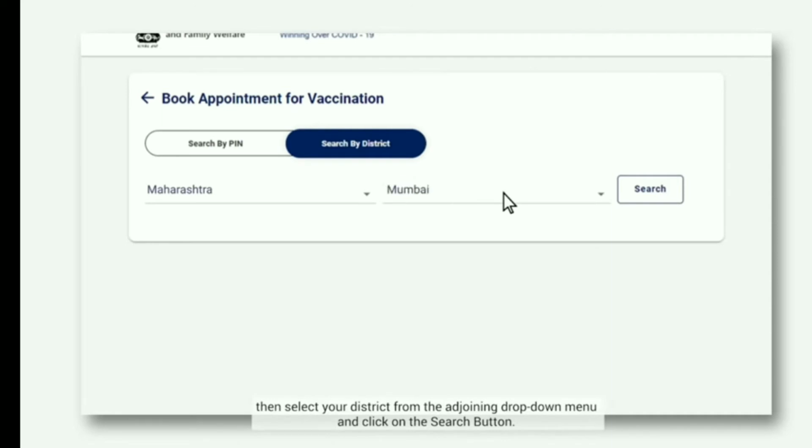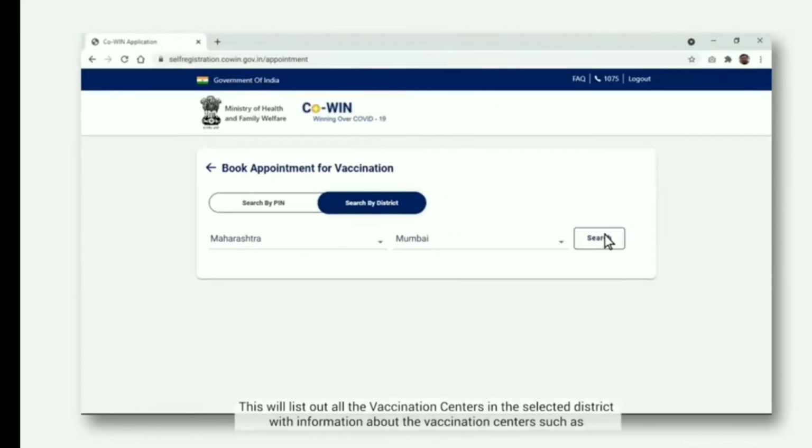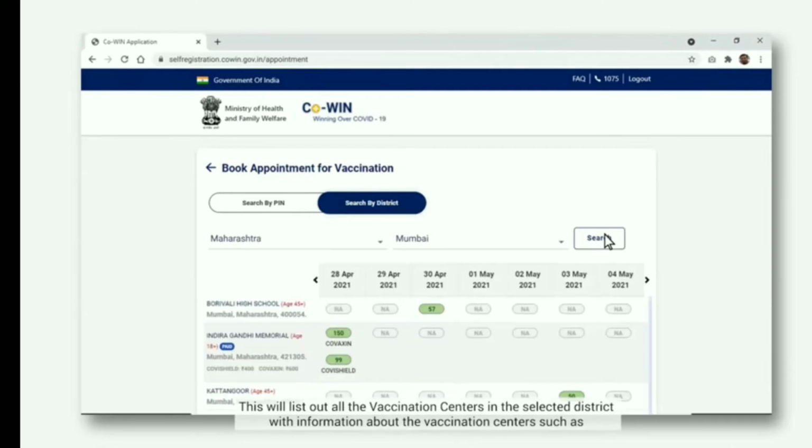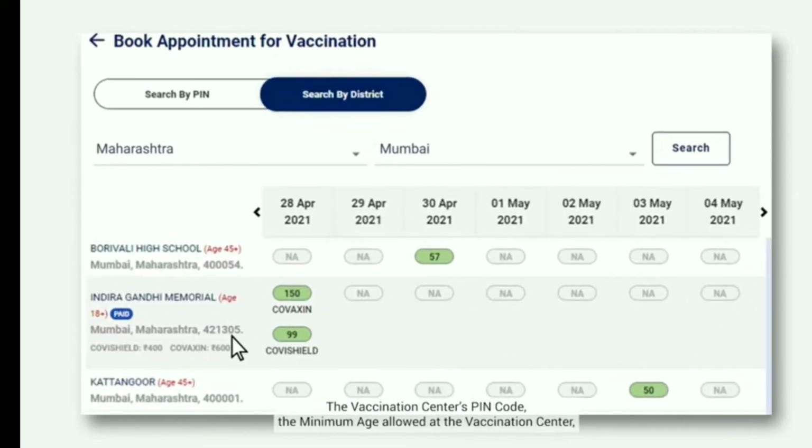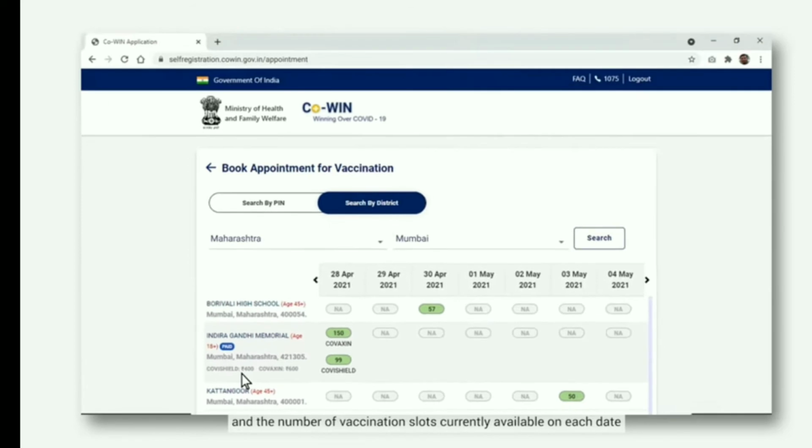This will list all the vaccination centers in the selected district with information about them, such as the vaccination center, PIN code, the minimum age allowed at the vaccination center, the type of vaccine and the cost of vaccination if it is a private vaccination center, and the number of vaccination slots currently available on each date.